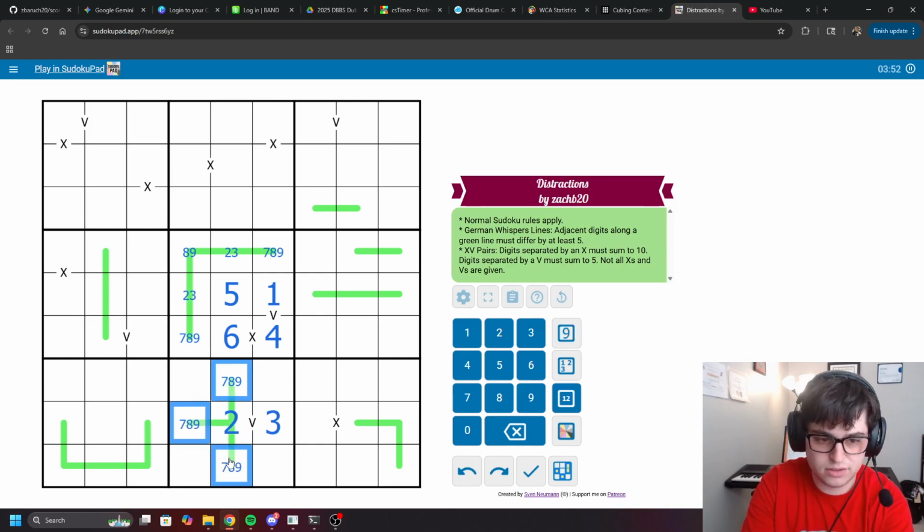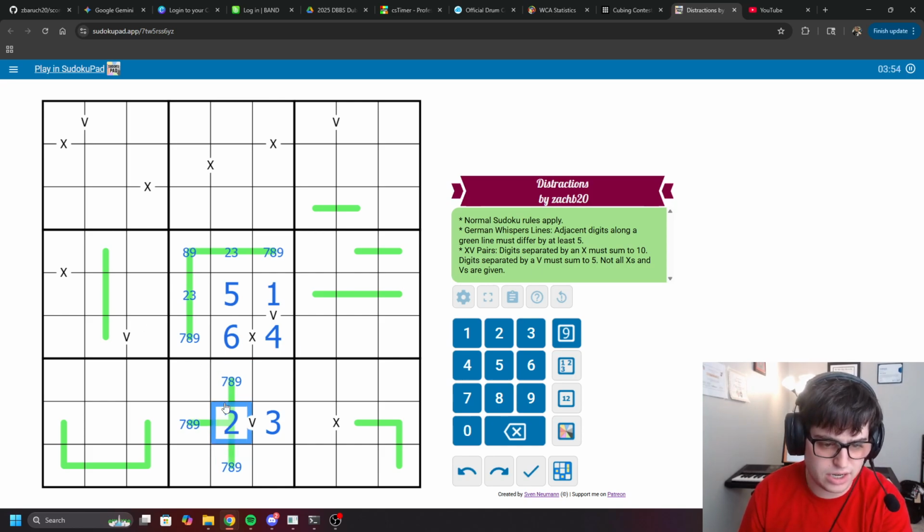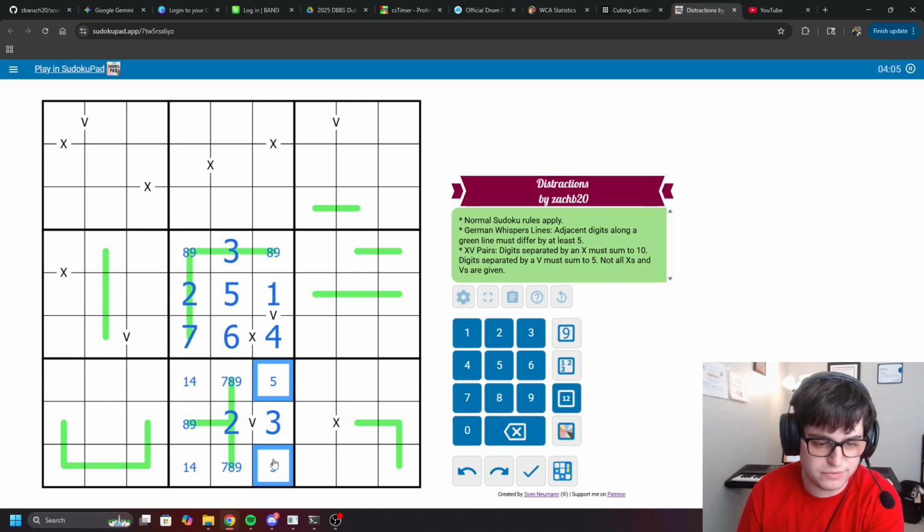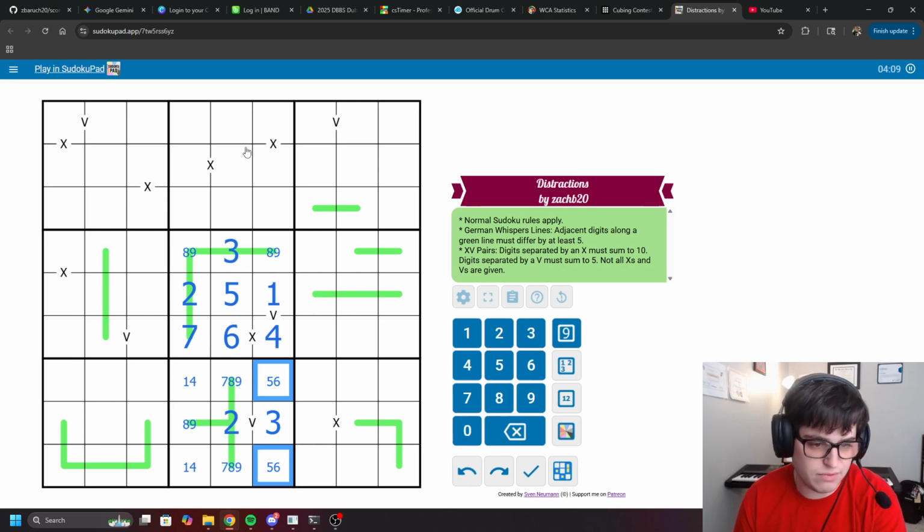We have 7, 8, 9 in some order that I don't really care about. 3 and 2 go here. This 3 says this is not 7, so we can place a 7 down there. The 1, 4 looks down here, so this is going to be 1, 4, leaving 5, 6 to finish this guy out. All right, with that, let us move into box 2 so we can finish out this stack,